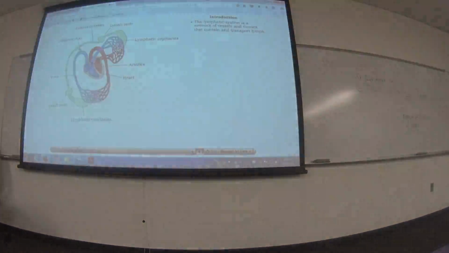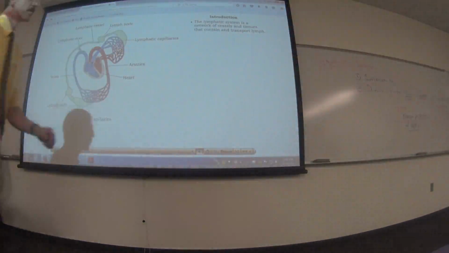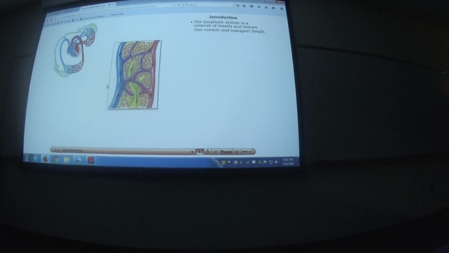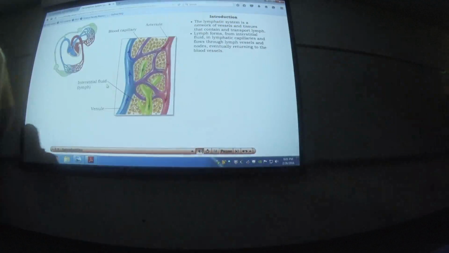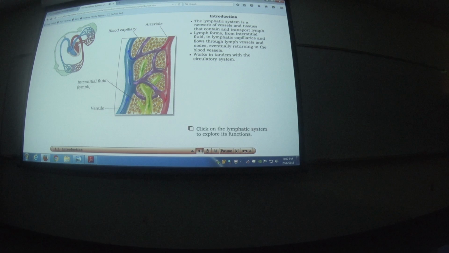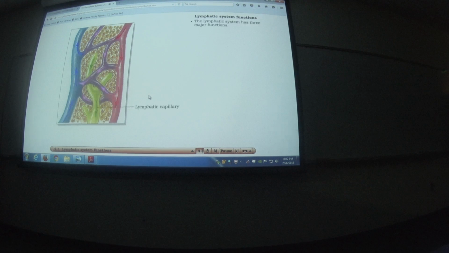The lymphatic system consists of a network of vessels and tissues that contain and transport lymph. Lymph forms from interstitial fluid in lymphatic capillaries and flows through lymph vessels and nodes, eventually returning to the blood vessels. It works closely with the circulatory system and is structured similarly, with its own capillaries and vessels. The lymphatic system has 3 primary functions: draining excess interstitial fluid from tissue and blood, transporting dietary lipids, and promoting